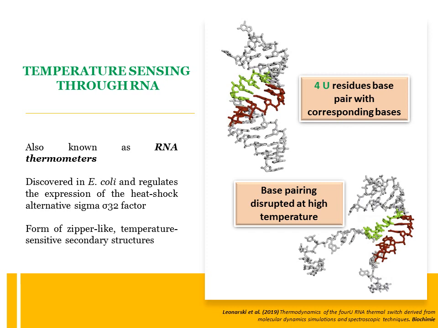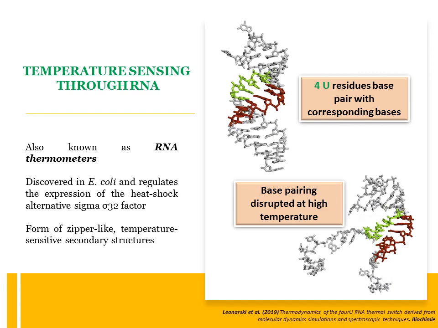shock alternative factor. Within the RNA thermometers, there are certain regions which can form secondary loops. When these secondary loops are formed, there is intramolecular base pairing. So these 4U residues play a very important role, and they have their corresponding bases at some other region within the RNAs with which they can base pair. These regions are generally found in the 5' UTRs. So they may include promoters as well as, under some exceptions like the sigma 32 factor gene RPOH, they also